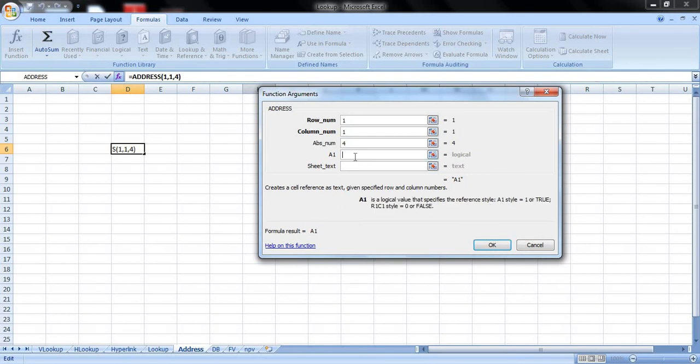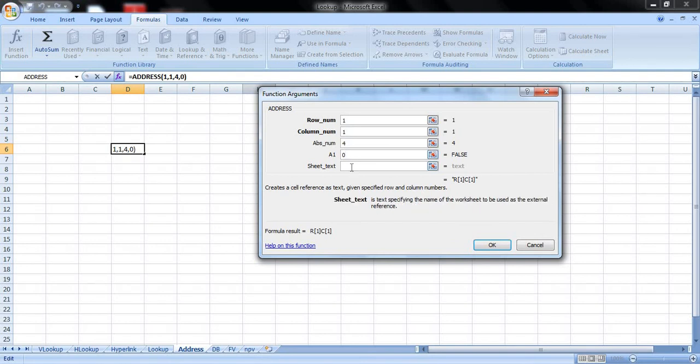Now, how do we display this A1? In the normal style, which is A1, go for 1, or you can give the reference like this, R1C1, which means row 1 and column 1. Let me go for the second pattern. The first one is known to all of us. So let me go for the second pattern, for which I will have to enter my value as 0 here.